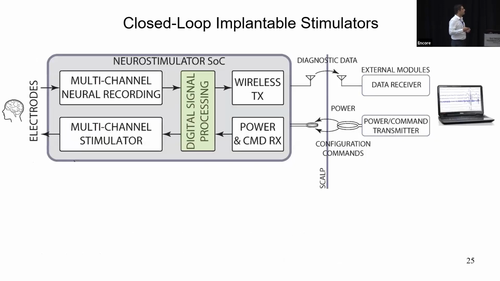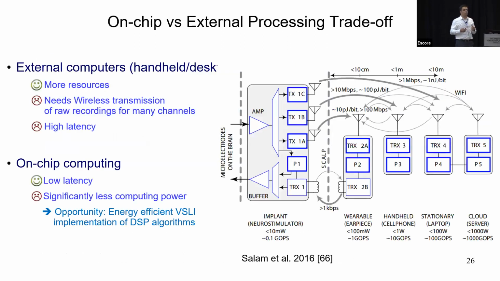So the first question that might come to mind is, why do we need to do the processing on chip? Because we can transmit everything off chip. We have a lot of computational power in a computer. So this loop that we are trying to close could be done on chip, but we could also close this loop